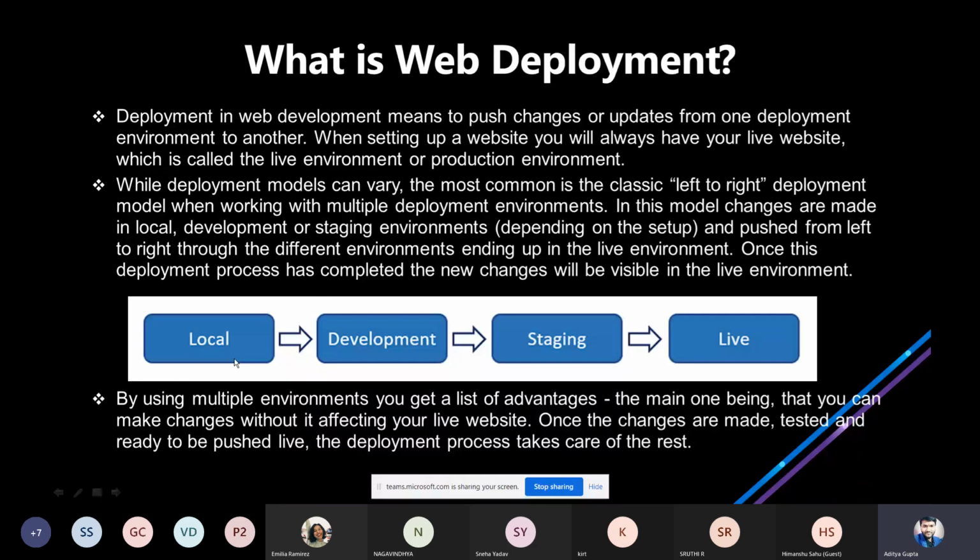So for that, you want to add an extra feature to that app or website. How can you be sure that when you do it live, it will work fine? You can't. So that's where development and staging come into play. In those phases, you run your website locally and check whether any errors occur or not. If any error occurs, you rectify it as soon as possible, and then you are able to make it live.